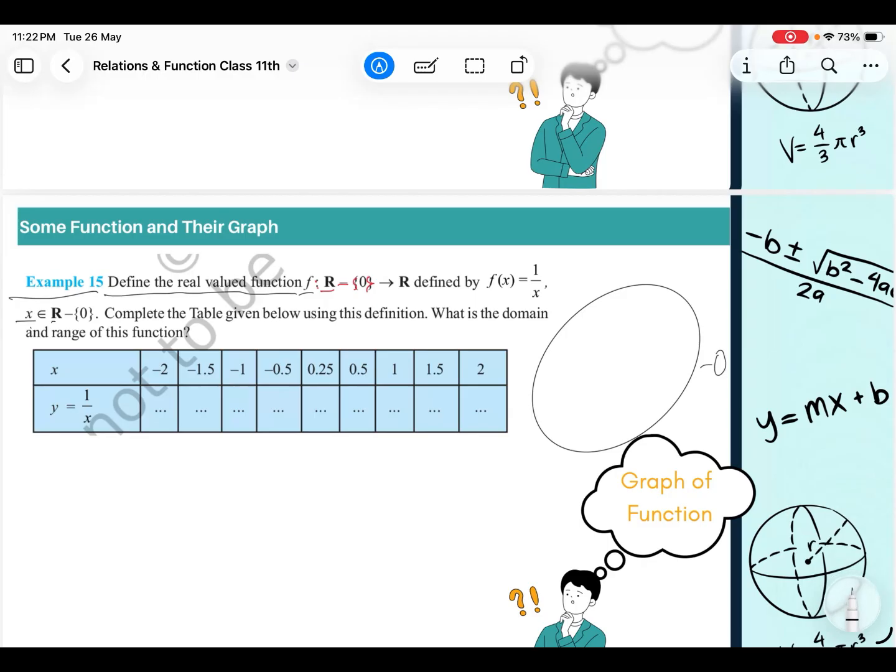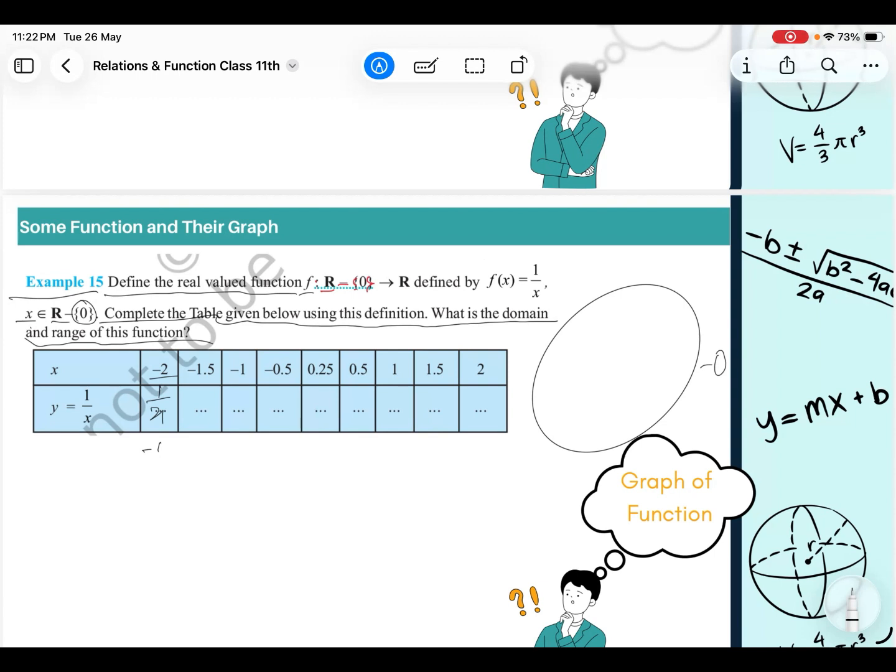Okay, so x belongs to R and that is not 0. It belongs to R except 0. Complete the table given below using the definition. What is the domain and range of the function? So if we have x equal to minus 2, then it will be 1 by x, that is minus